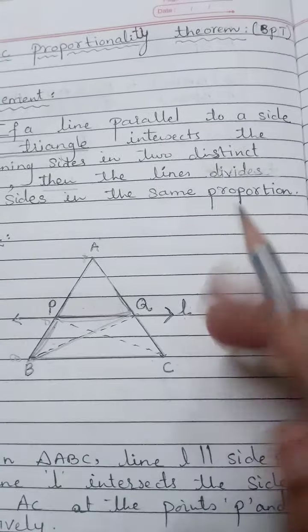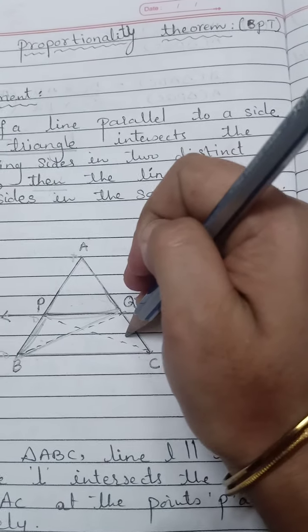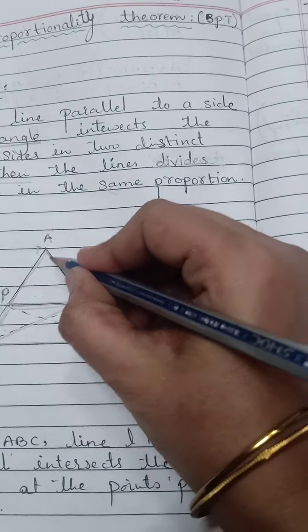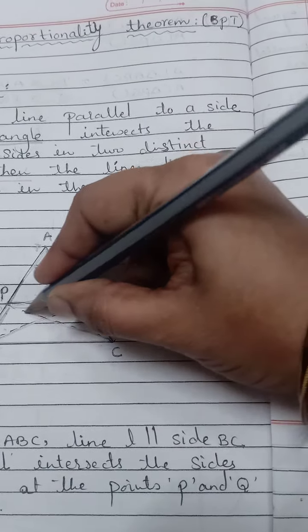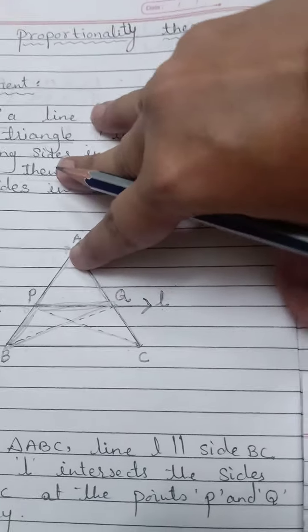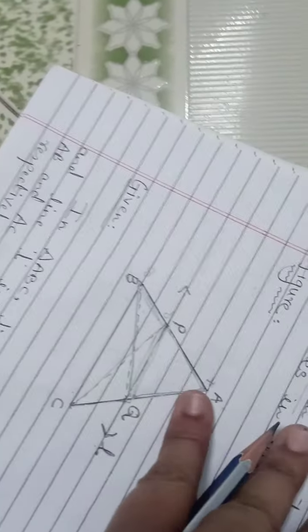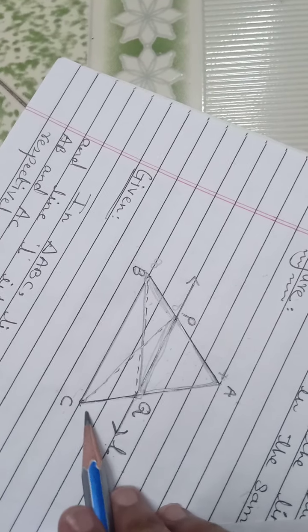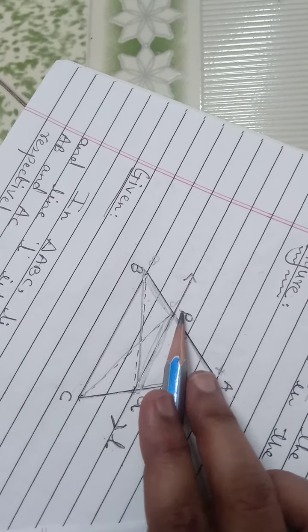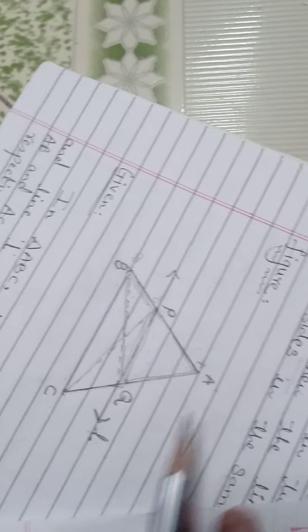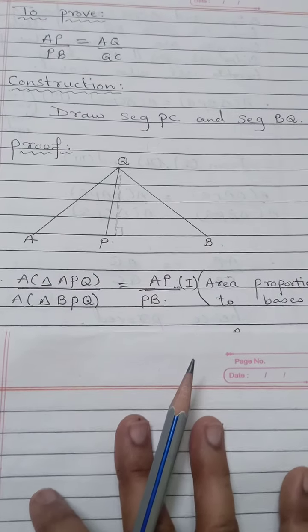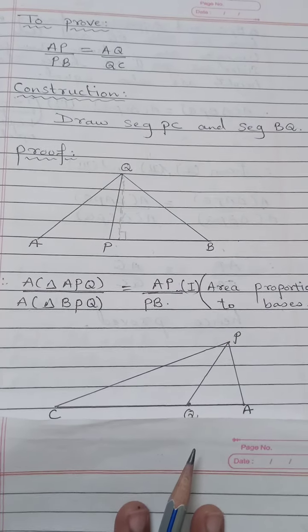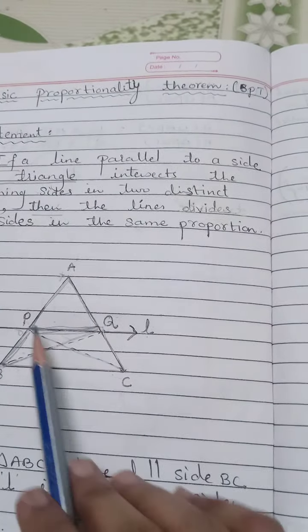similarly we will take these two triangles on this side. First triangle is triangle APQ and the next triangle is triangle CPQ. These two triangles. Again, this figure I will rotate in this way. We have to take the figure in such a way that AC should be the base and P should be here, and here the point Q. So in this way we will take these two triangles. So I have taken here two triangles in such a way that AC should be the base. See here again AQC and P should be here.